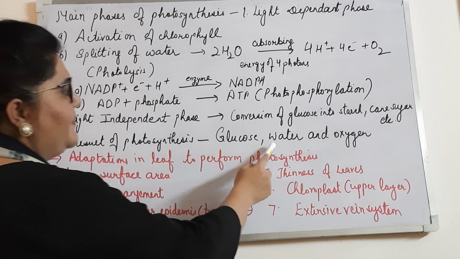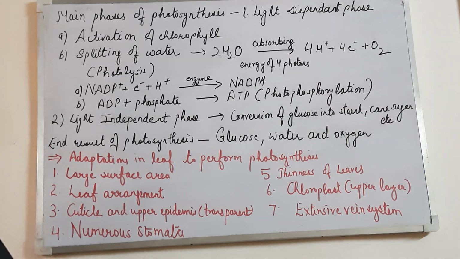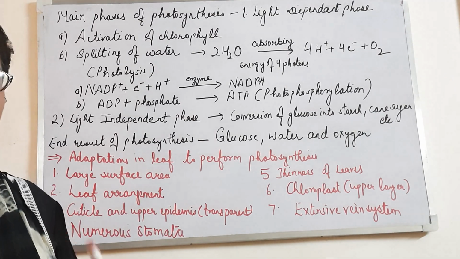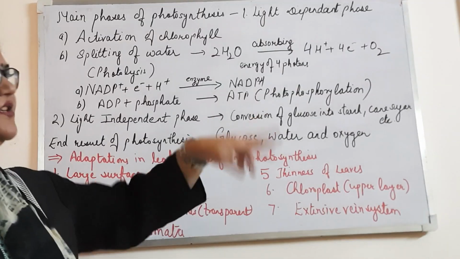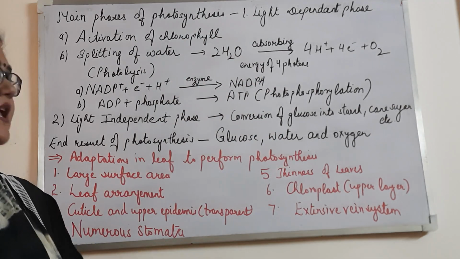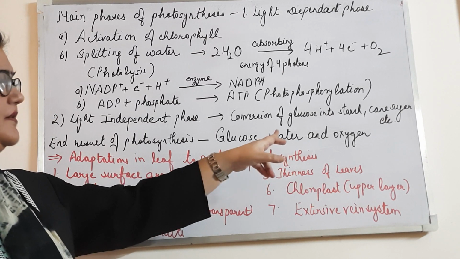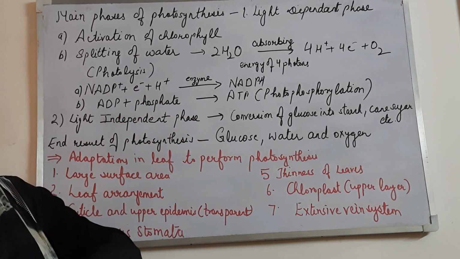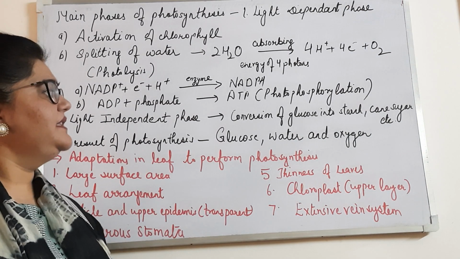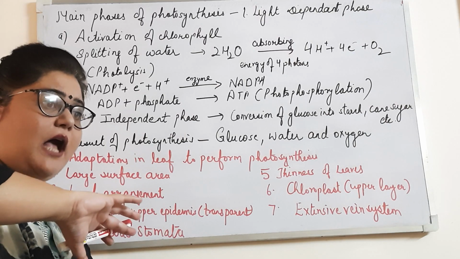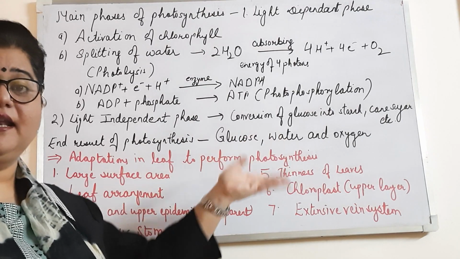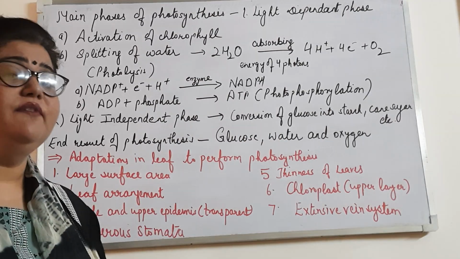Now, what happens to the water? As I've told you earlier also, only 2% of water is used in the process of photosynthesis. This water can be changed again. It can be used again in the chain reaction of photosynthesis while it is present in the plant. A lot of water is transpired during the process of photosynthesis, but the water which is formed can be used again by the plant for the process of photosynthesis.